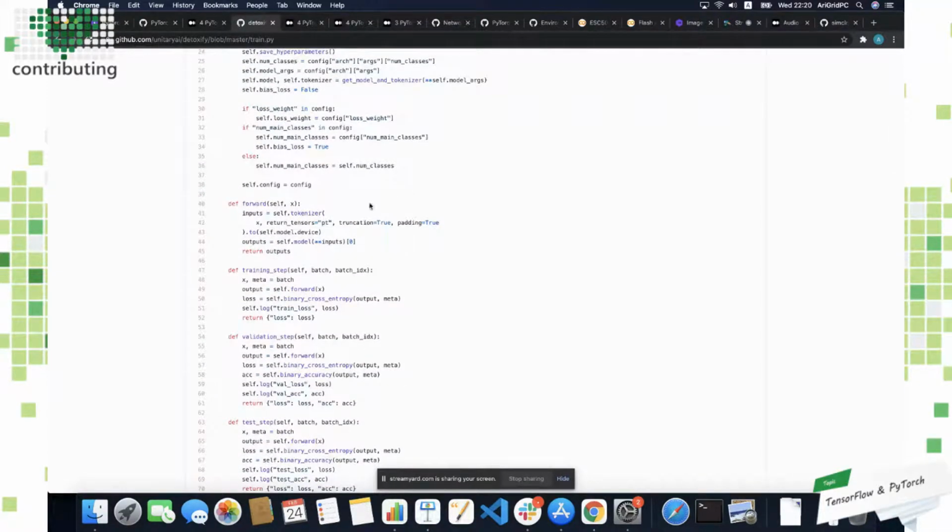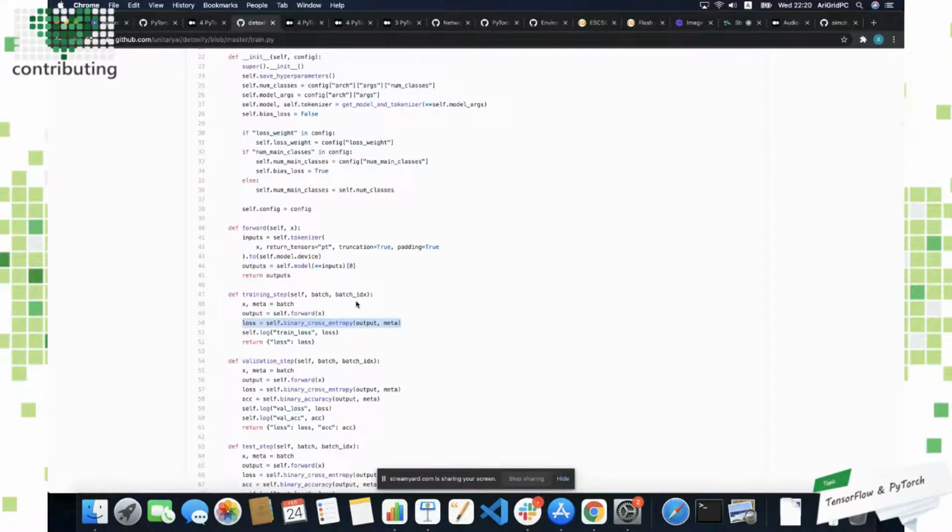If I want to ask how this thing trains, it takes the batch, runs my forward classification, and then calculates the loss using binary cross entropy loss. And I can override that.